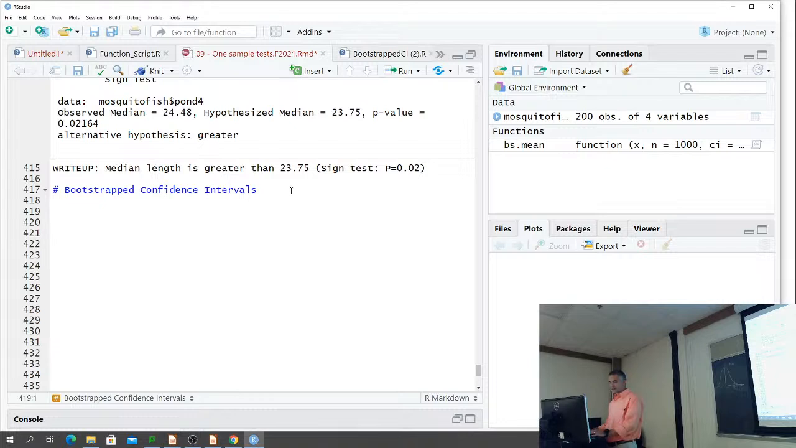Why did the screen go black? Must be an issue with our graphics card. All right, so